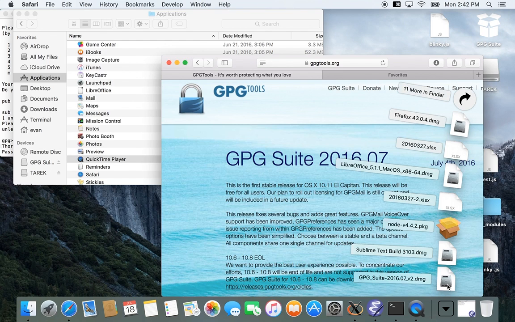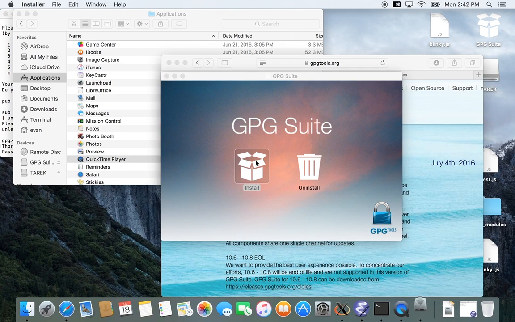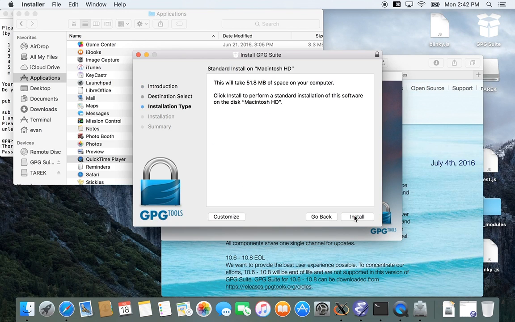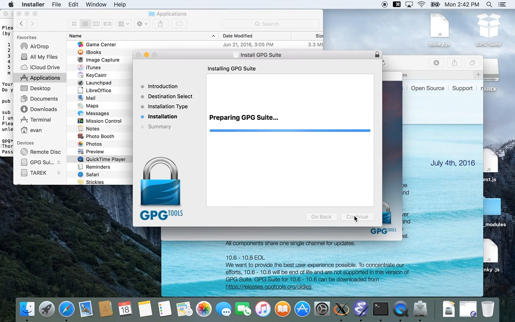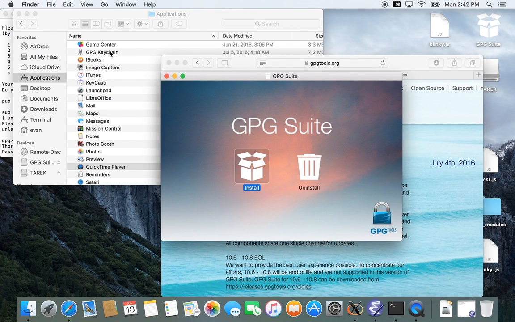So now that you've done that, double click on that. You'll come to this install and uninstall screen. We're going to install. Just continue, install. Now put in the computer's password. And GPG Keychain is now available in Finder. So if you open it up,